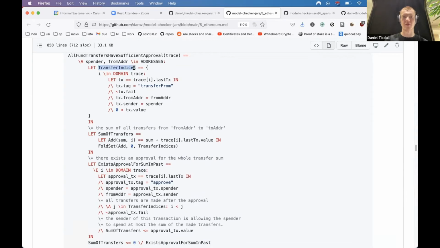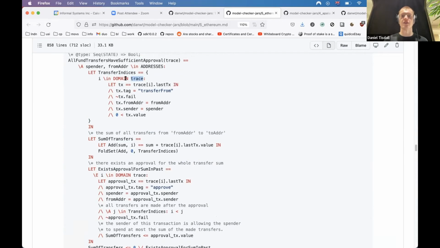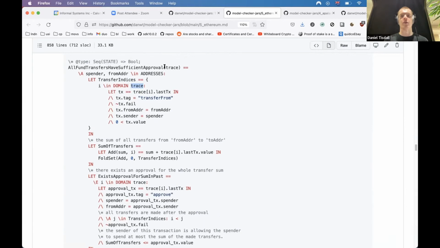So we can define this sub operator transfer indices, and it's a set because it uses the set syntax. The set is made of all the indexes in the domain of the trace. Domain is the mathematical domain of a function. Because trace is a sequence, the domain of the trace is all the indexes. So if the trace is 8 steps long, then the domain will be the numbers 1 to 8. And then the colon is like saying such that. So it's the set of all indexes of the trace sequence such that